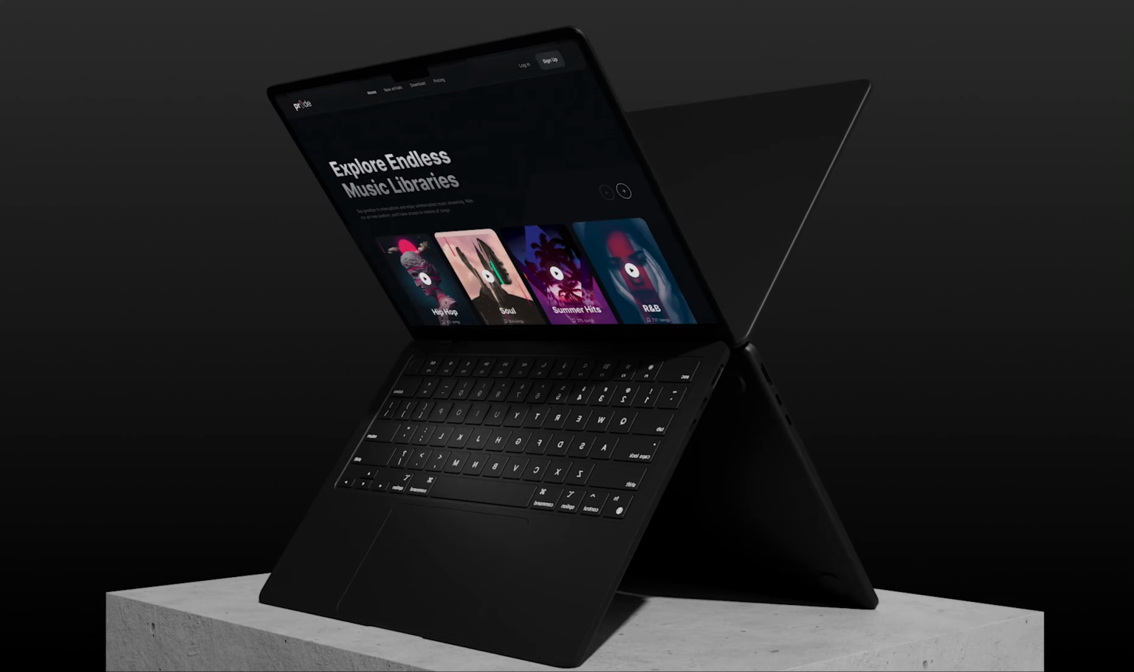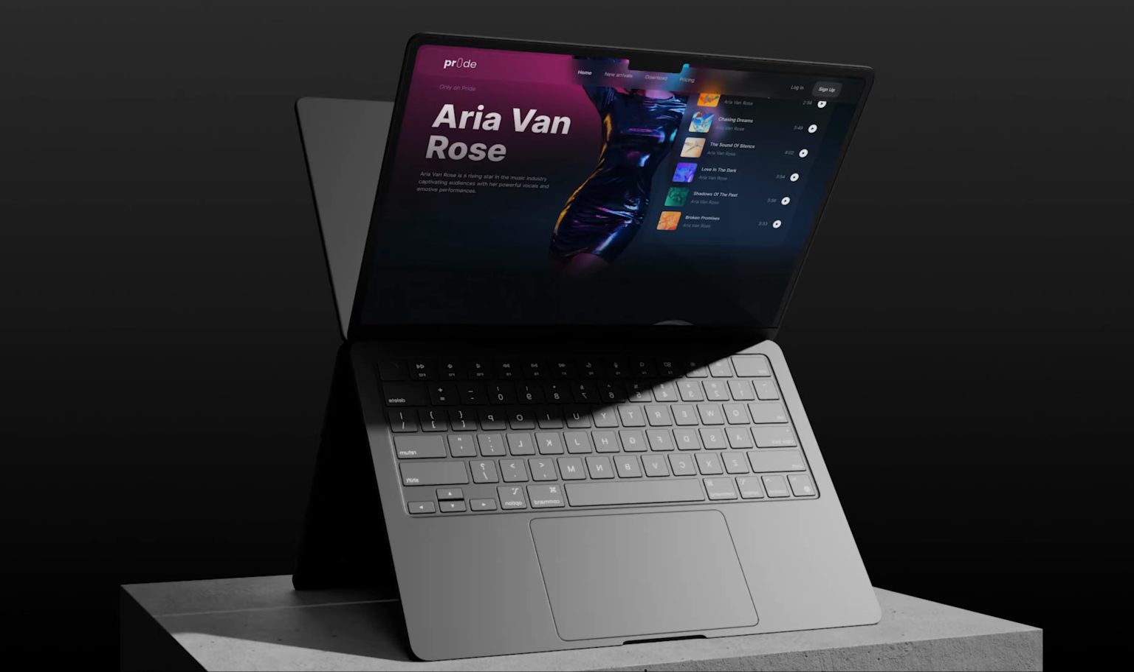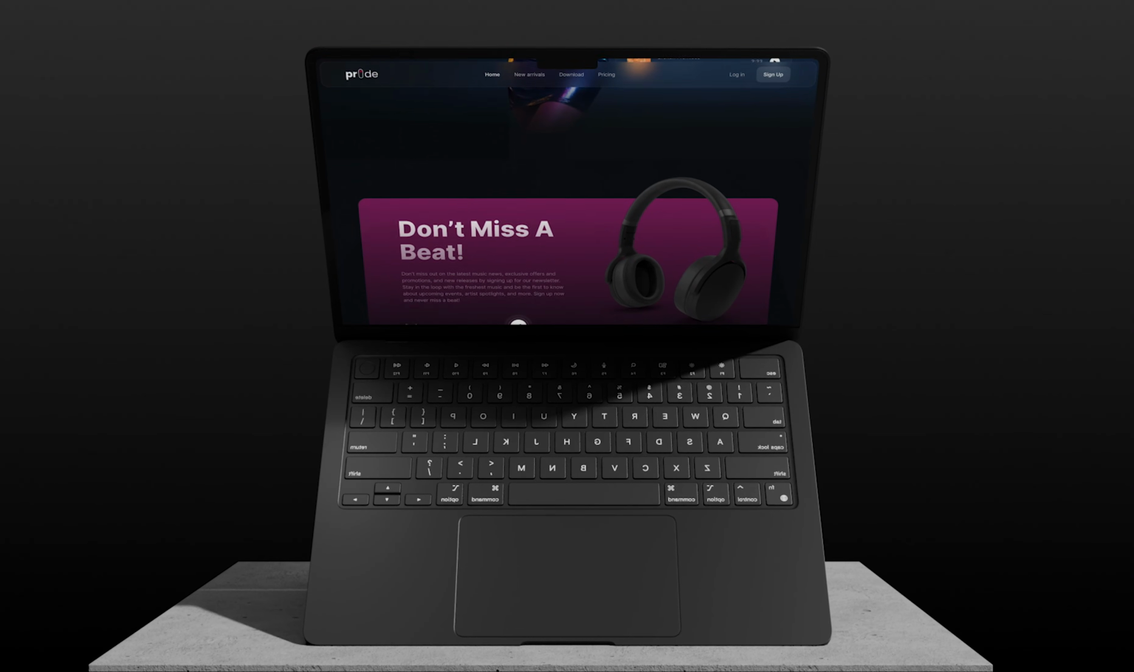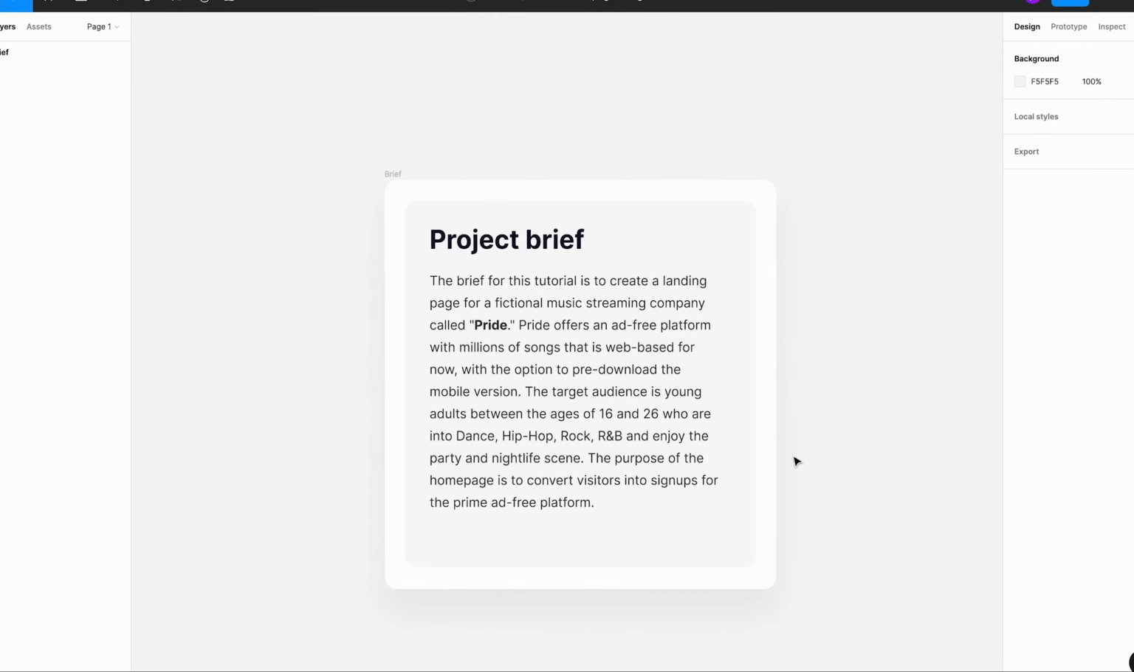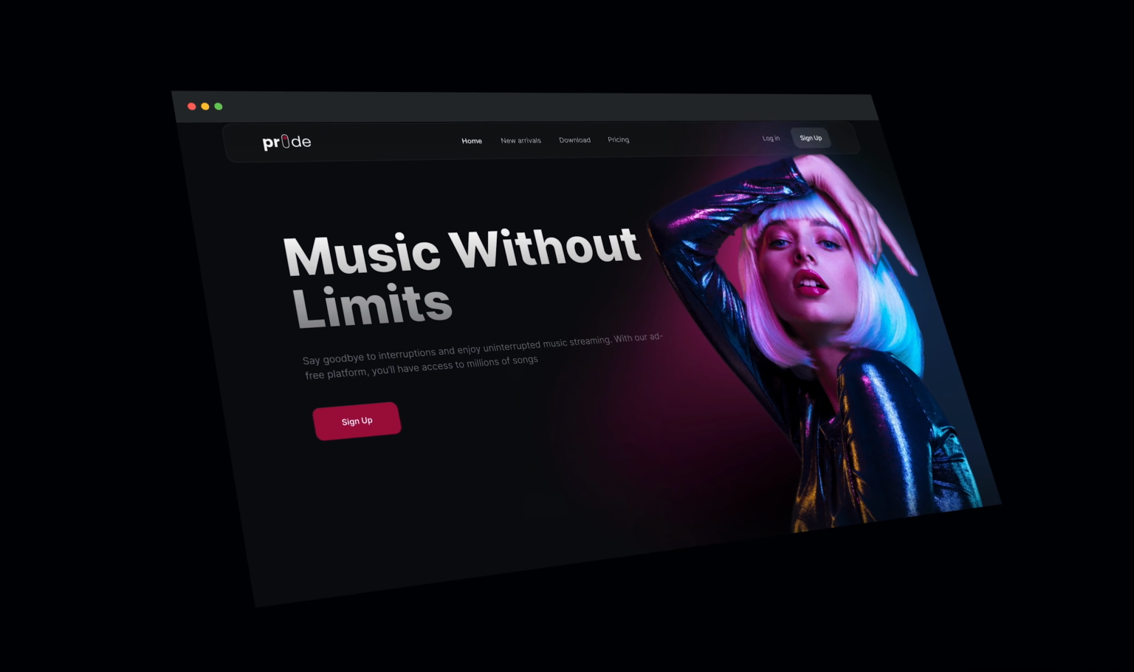Today you are going to learn how to design a beautiful and modern website that truly resonates with your target audience through a step-by-step tutorial. I will show you how to take a super simple brief and transform it into this beautiful and modern homepage